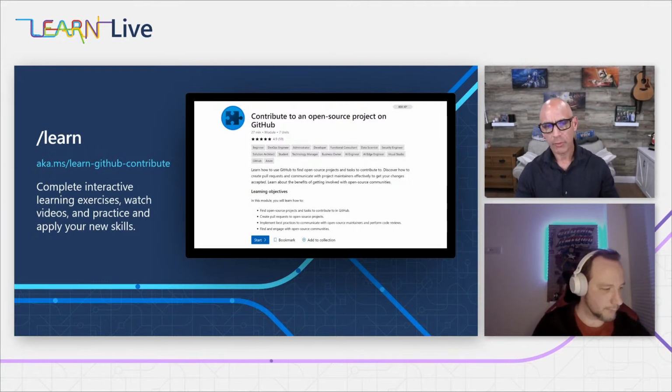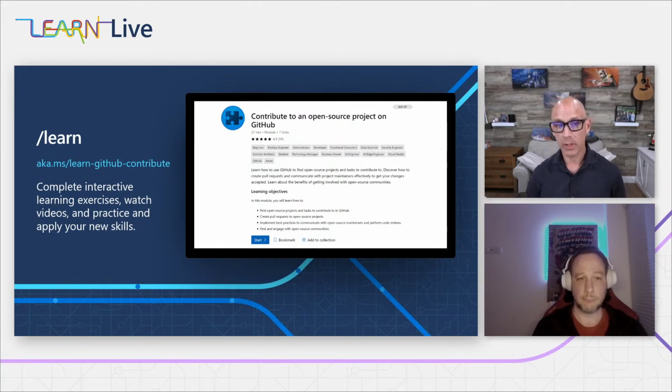Yeah, so after we go through the first part, which covers VS Code and GitHub and how the integration works, we're also going to go through what it's like to contribute to an open source project up on GitHub. So this will cover a little bit of the best practices, and we'll actually walk through creating this stuff together. So anybody can do it. Should be a lot of fun. So we can do this together. That's what you mean? Absolutely.